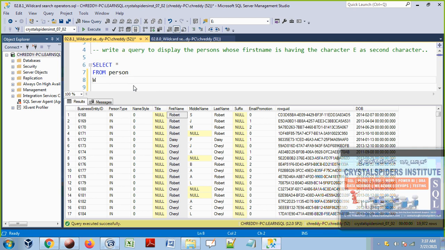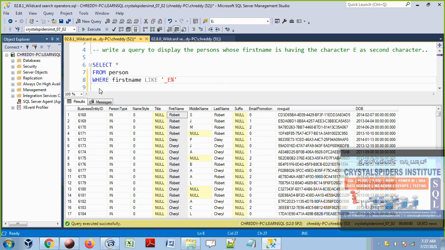So now we are going to use underscore: where first name like underscore. The first character can be any character, so for that we are using underscore. Because we mentioned underscore in the first position, the first character can be any character and the second character should be E. After E, any number of characters are considered as matching.